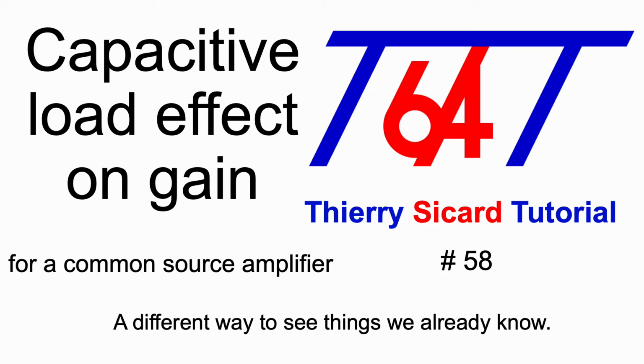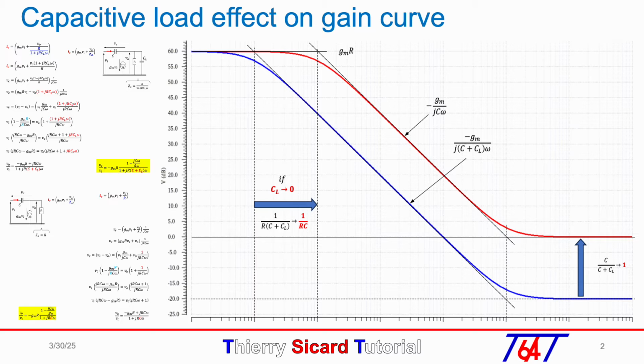Hello everyone, in this TRE-CCAR tutorial number 58, we will calculate the gain of the common source amplifier with and without capacitive load CL. We will then compare the gain curves with and without CL as a function of frequency. Finally, we will perform a vector construction to visualize the gain and phase for a specific angular frequency in both